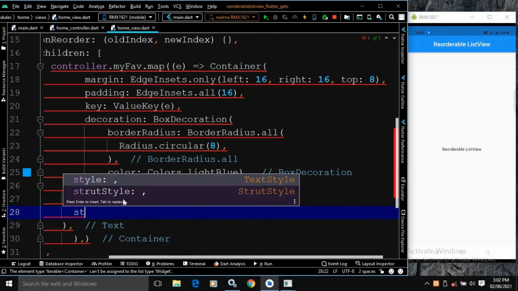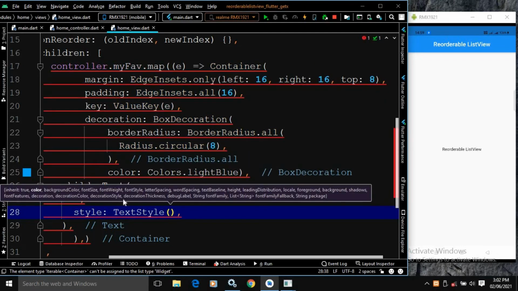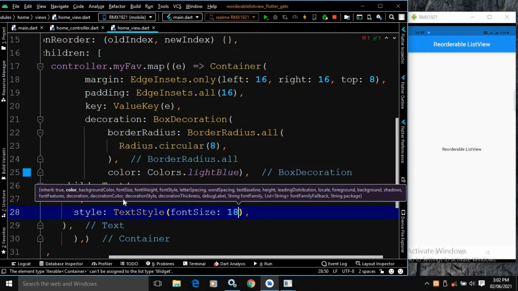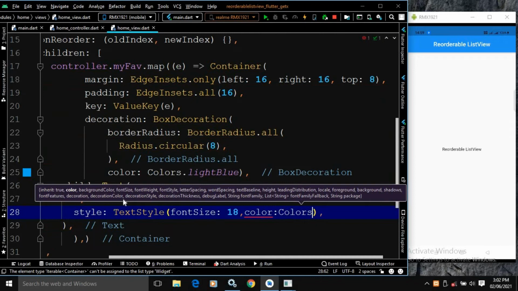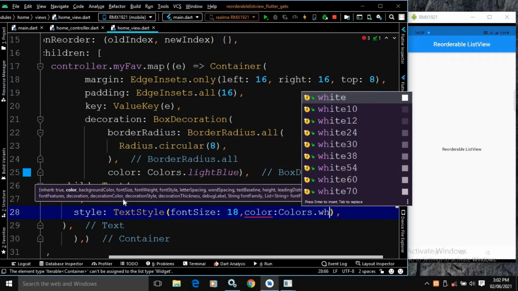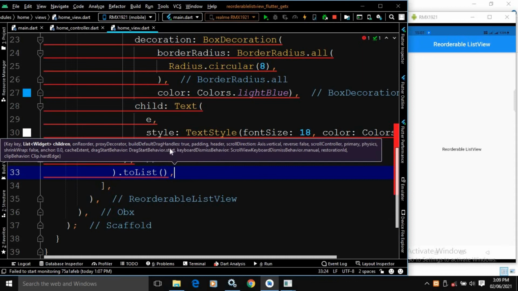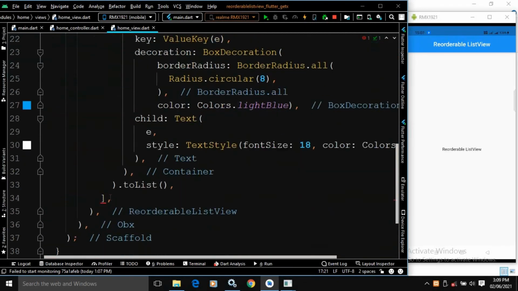And for this text I will specify a text style. In the text style I will specify the font size as 18 and the color as Colors.white. And after that here I will use the toList method, and here I need to remove this square bracket.